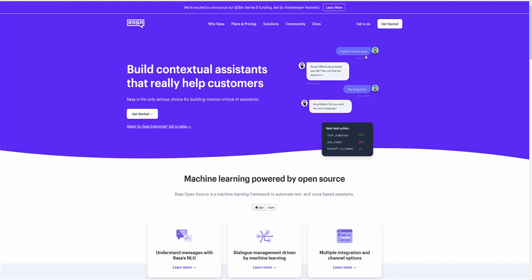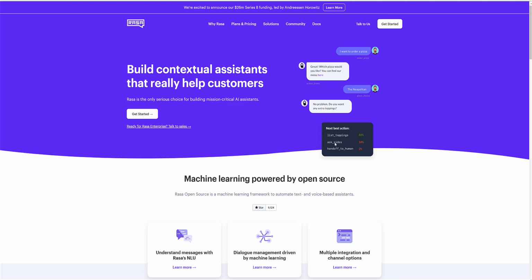As you can tell from this first picture right here, just on their website, you can train it to do something such as allowing users to order a pizza. And then it can have follow-up questions such as what toppings they'd like, what specialty pizza they'd like, what address they'd like to send it to, all sorts of things. And you can train it to identify what's going to be the next best action by giving it a lot